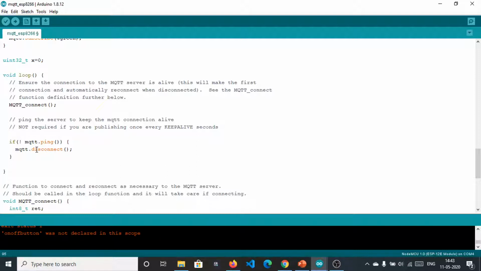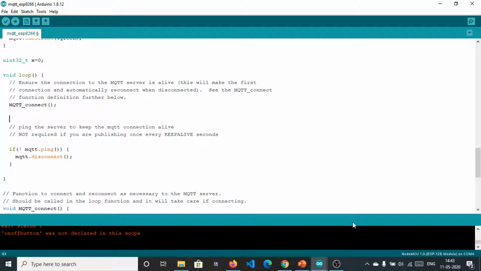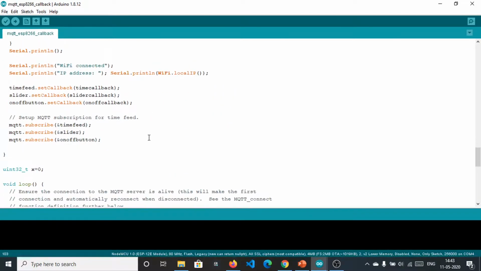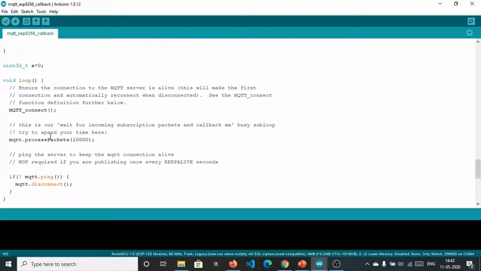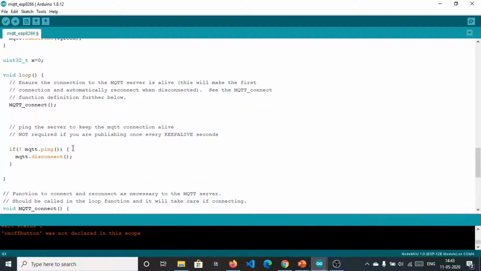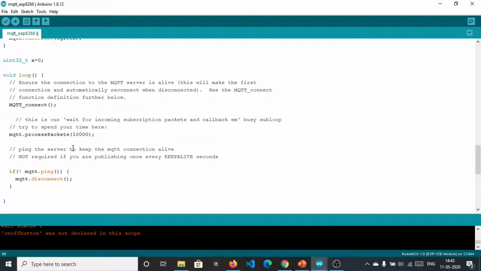Let's check another step. So MQTT connect, ping, and the third thing we need to put here, let's check this sketch, is this one: process packet. If any packet is lost, this will wait for the incoming subscription packet and callback.